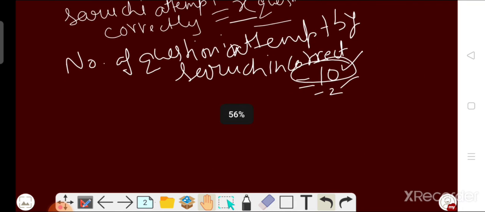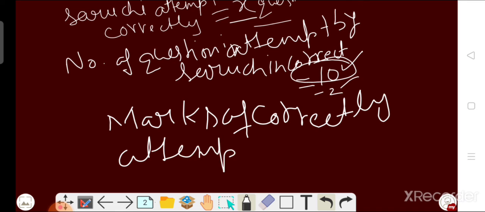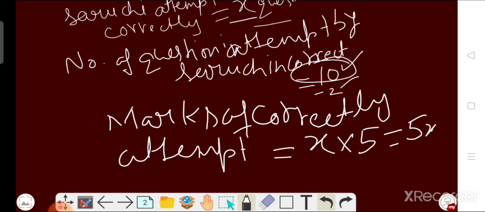So from here what we can write, beta? Marks of correctly attempted questions is equal to, for one question we will get 5 marks. So for x questions, how many marks we will get? x multiplied by 5. So this is equal to 5x. Okay. In the same manner,